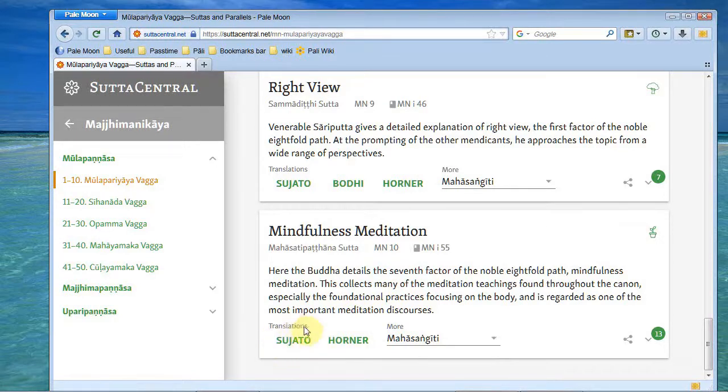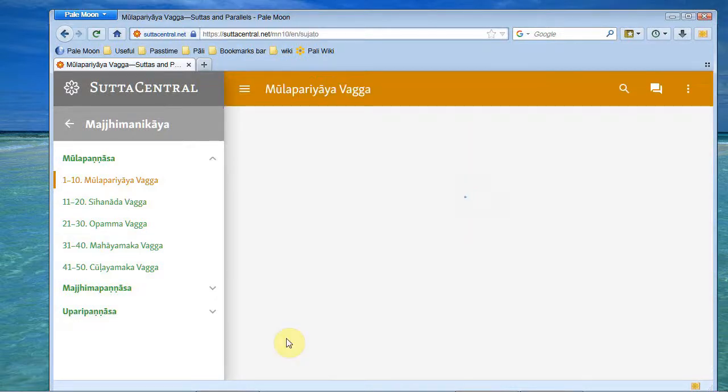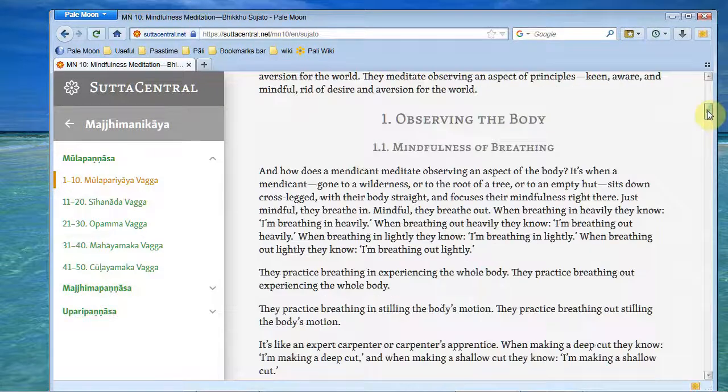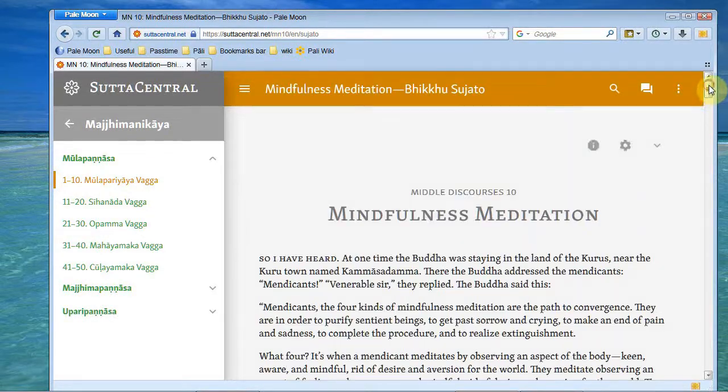So this website has been done mainly by Bhante Sujato, and the features I'm going to show you today I think only work with his translations. There's also the Pali version here, and if you click on this you get other language options. So anyway, we're going to look at the English translation. So here is the English translation of the Satipatthana Sutra. All well and good. Now if you click on this little cog symbol here, the text settings,